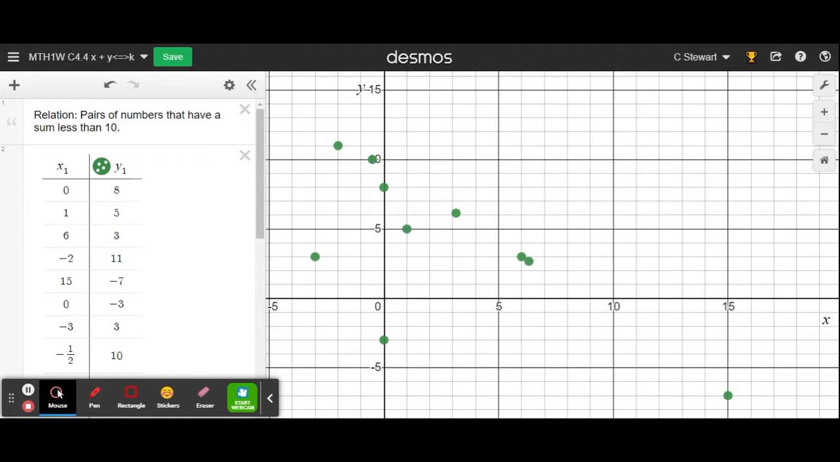In your most recent Desmos exploration, you were looking at pairs of numbers that have a sum less than 10. So in this table of values, as well as your own and the ones that your peers constructed, you were able to create a scatter plot based on those ordered pairs. And what you noticed,